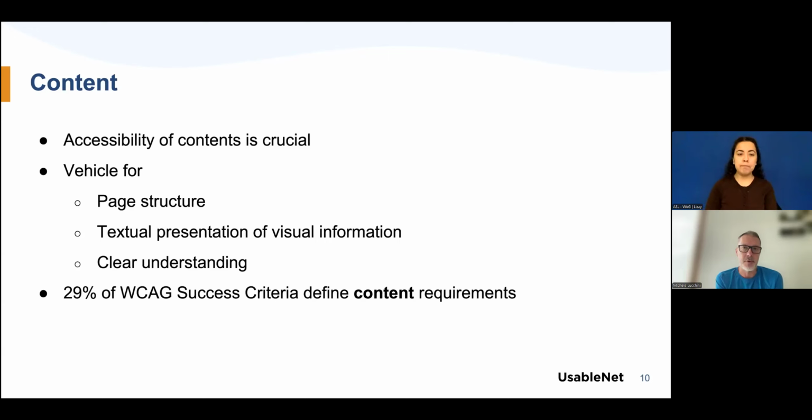Something that typically surprises our clients is seeing that almost 30% of the Web Content Accessibility Guidelines criteria actually define content-only requirements. And this figure highlights the importance of the content, in particular because the content team, often based on the company process, has a lot of control over what is published on the website.